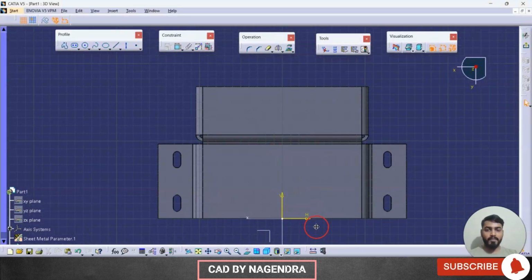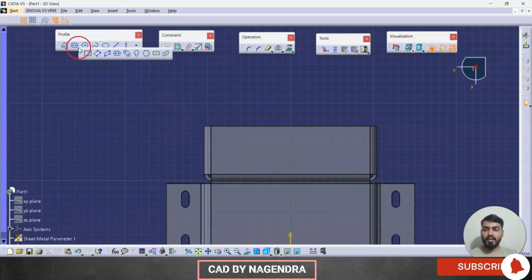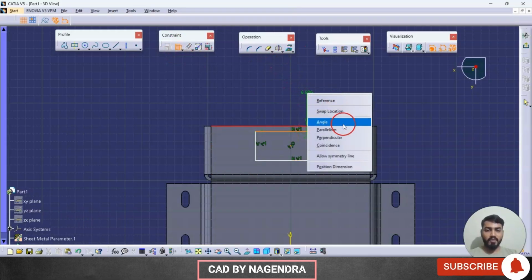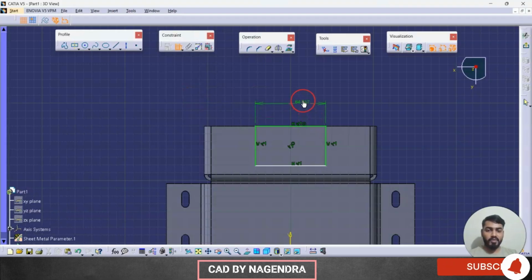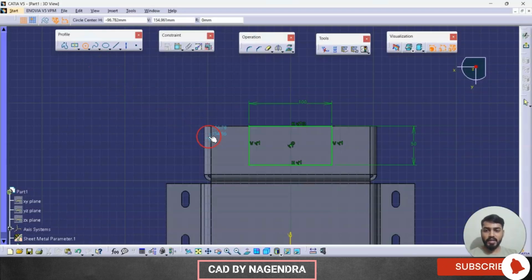Let's say okay. Now here also we are having one rectangle. Let me create one center point rectangle here. By using constraint, this line should start from this. We'll make it here coincidence. Length we are having 100, width we are having 50. So this length we need 100, this width we need 50. Then along with that, these two holes here itself we will create. Just I'll create